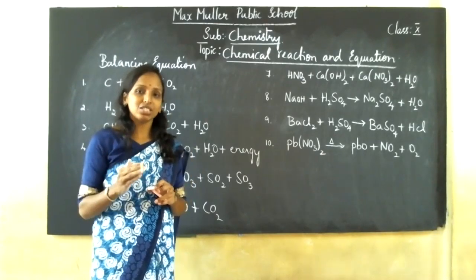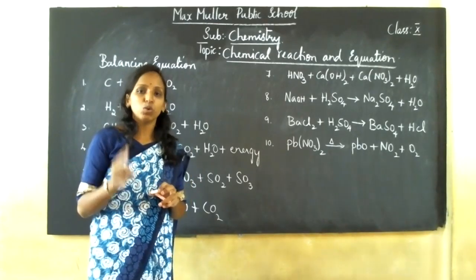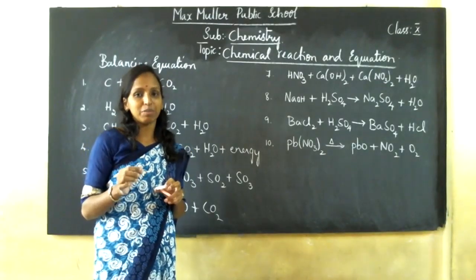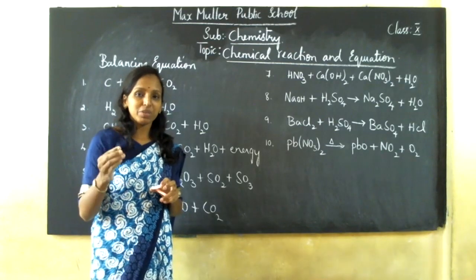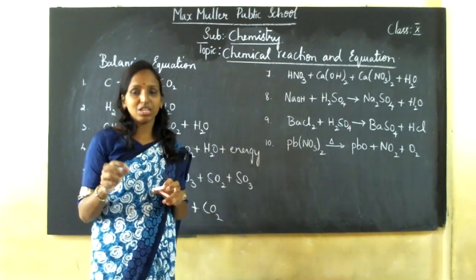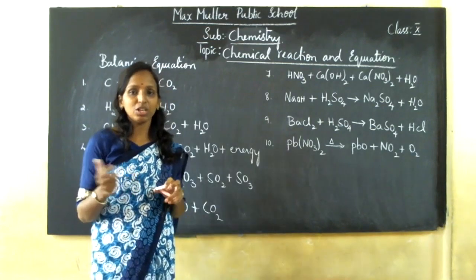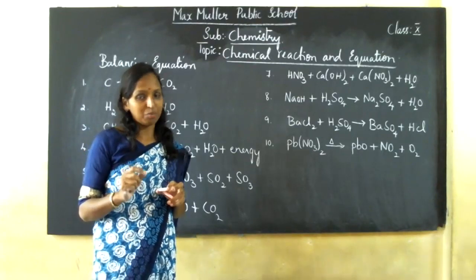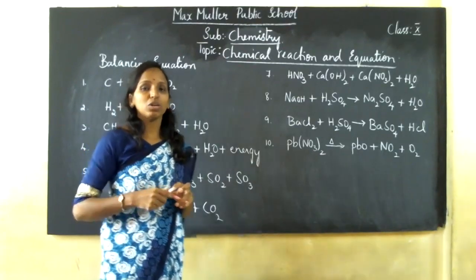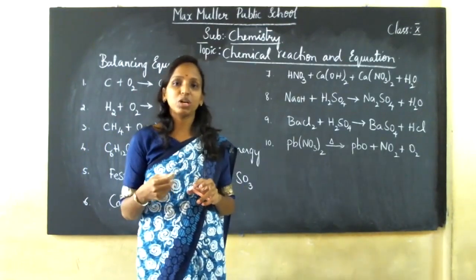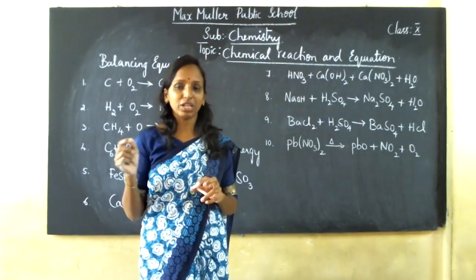So chemical reaction, as I told you, is when two or more reactants react together to give a product. Representing the same with a symbolic representation, the easiest way of representing your chemical reaction is called a chemical equation. Am I right? I told you an example, an activity, when magnesium is burned in the presence of oxygen to form magnesium oxide.